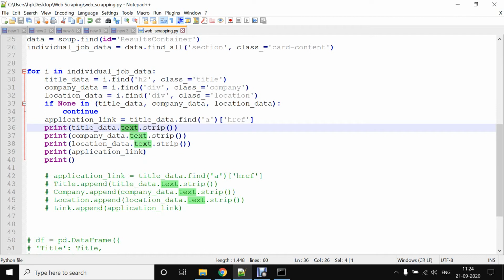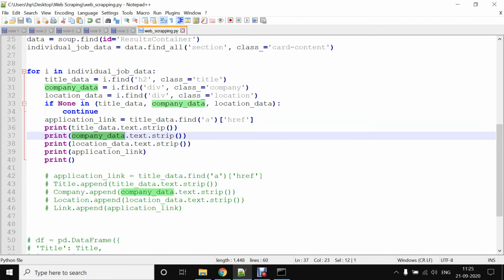And strip is used to remove unnecessary leading or trailing spaces. As you are all aware, in HTML we often have uneven spaces after tags, so we need correct data without any leading or trailing spaces. So we are using the strip function that will remove all those spaces.